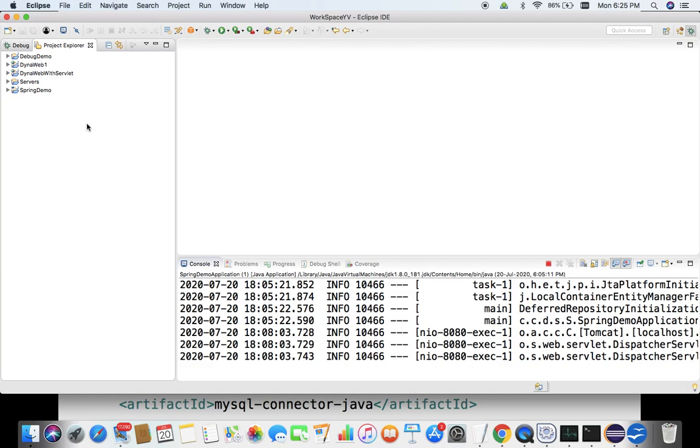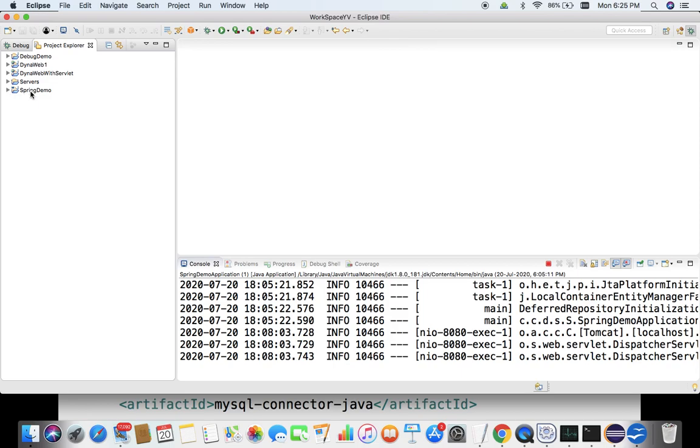If you have referred to the previous project, in the previous video we had created a Spring Boot application which was validating the user ID and password with the help of a controller. That controller was not going for database connection, it was a static comparison.